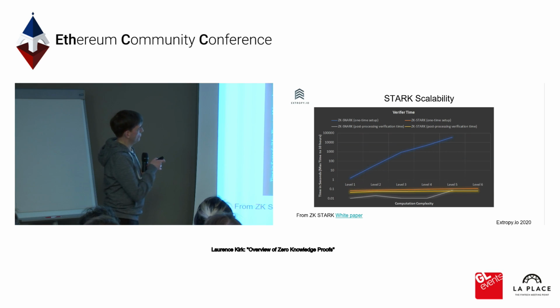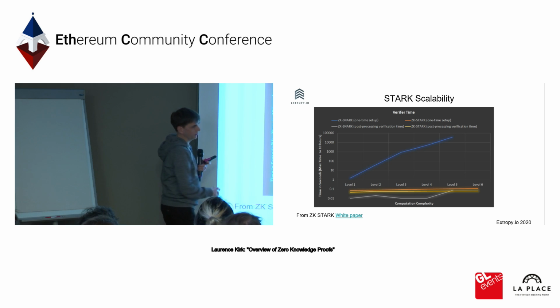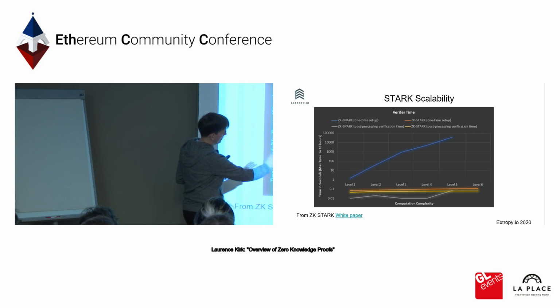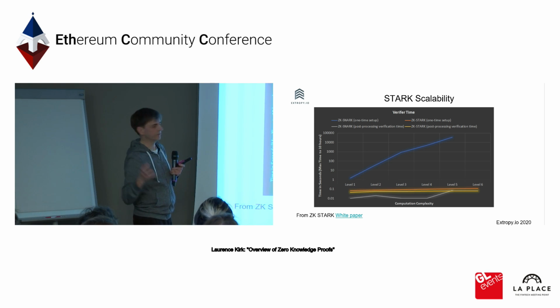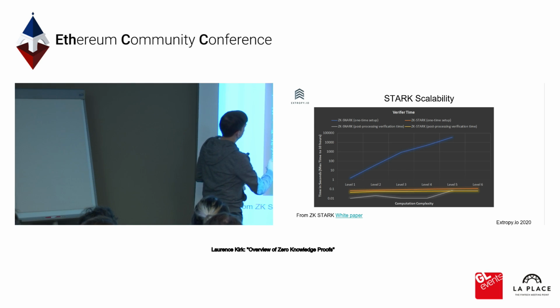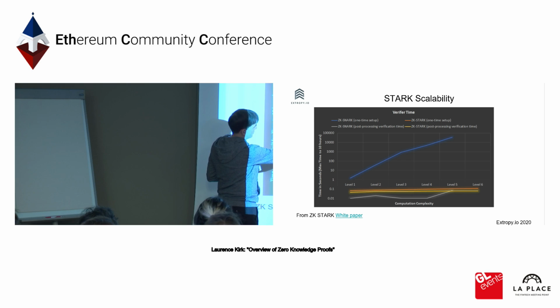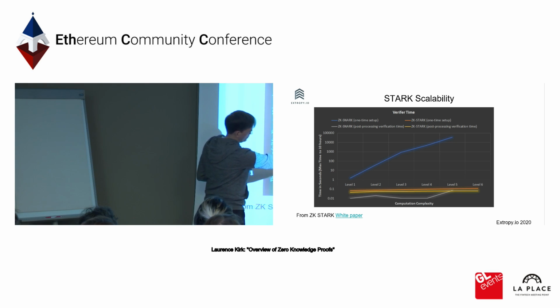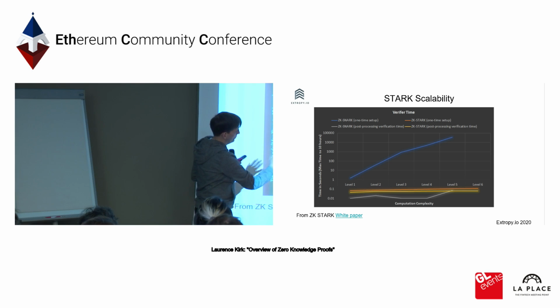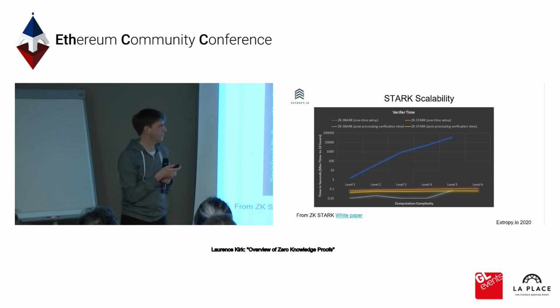And this results in some pretty good scalability. So what you have here is the time against the complexity. These different levels were different bands of number of gates, and you can see that for a snark, as the number of gates increases, the actual setup time increases massively. But the verification time is not too bad. But with Starks, you don't really need a trusted setup, so everything is just really constant. So they're very scalable from that point of view.